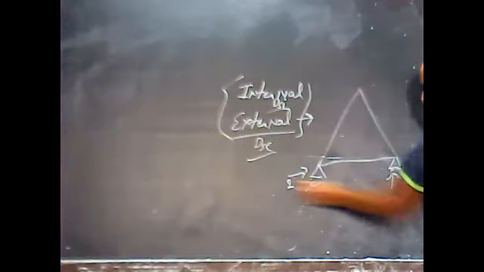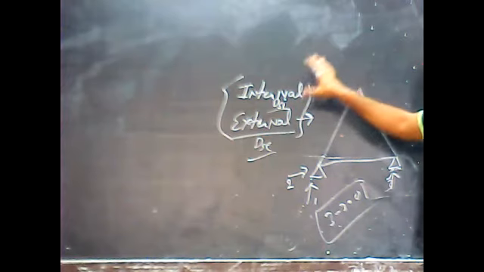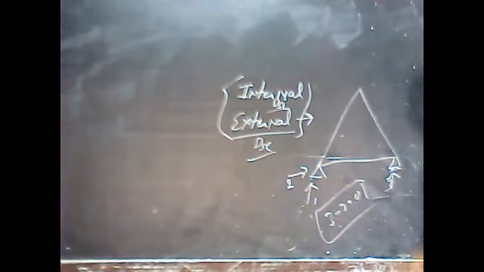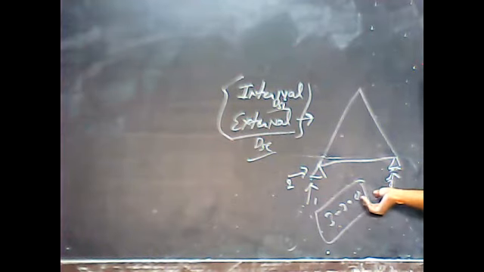So how many unknowns do we have? 1, 2, 3. 3 minus 3. It becomes determinate externally. Still, I don't know if my structure is completely determinate, because indeterminacy comes out to be internal plus external, and both we have to consider. So I just calculated the external indeterminacy of the structure, which comes out to be 0.